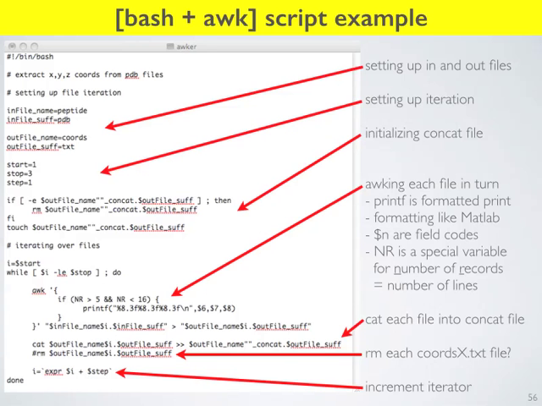And so which file are we actually going to look at? The file we're going to look at is $infile_name, which is peptide, $I, which is going to be 1, $infile_suffix, which is PDB. So every time we run through the loop, we're going to look at a different file. And we've enclosed all this stuff in double quotation marks to make sure that bash knows that it's all together. So it's going to be peptide1.pdb. And what we're going to output to is coords1.txt. That's the infile and the outfile that awk is expecting.